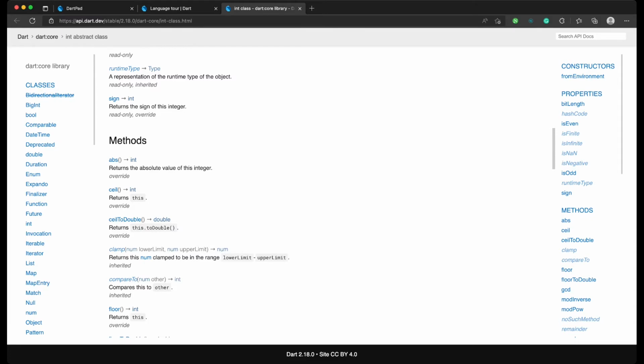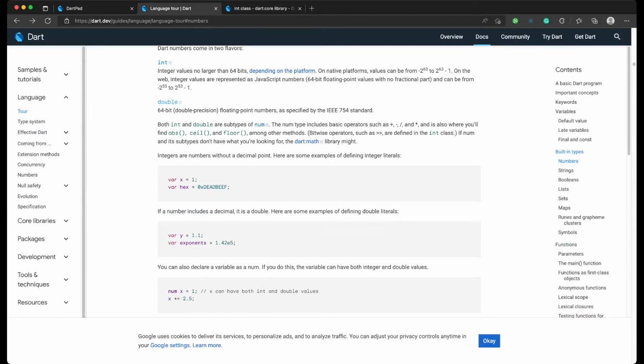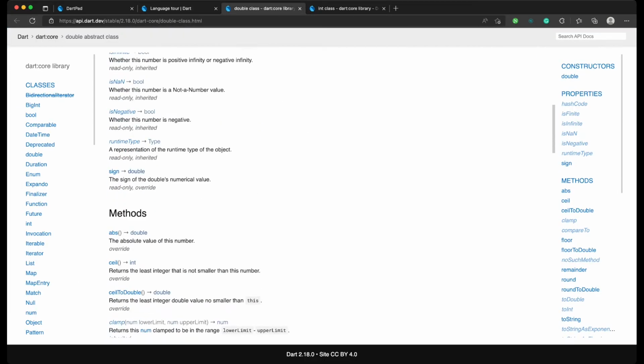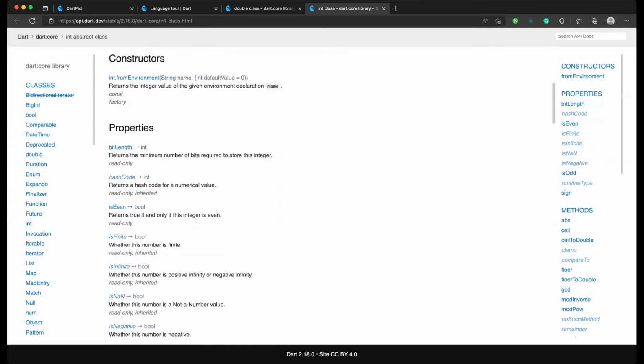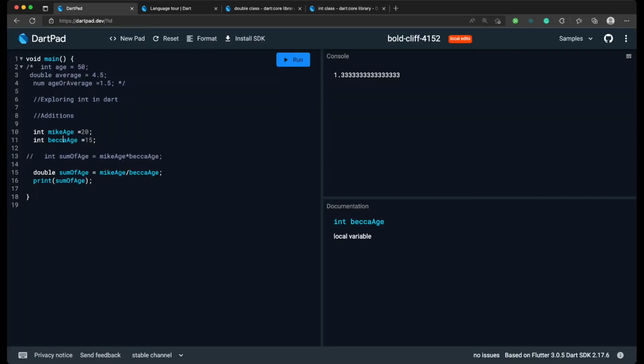It is also good to know that the int class and the double class share similar properties and methods. As you can see, it has isFinite here and it also has isFinite here. So we are going to be exploring the commonly used properties and methods in both double and int simultaneously. So the first one we'll be checking is isEven, which if we go back to DartPad, we can just